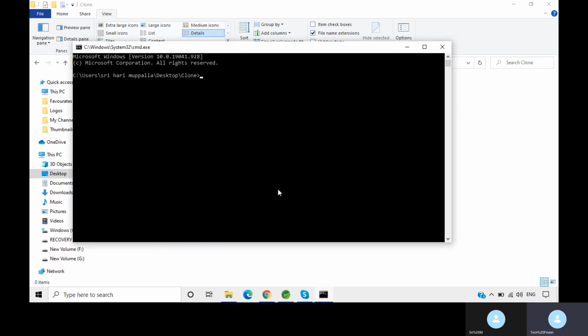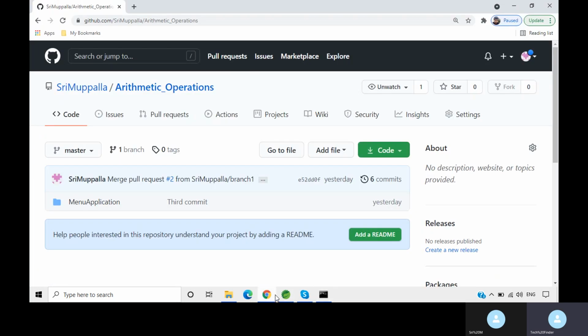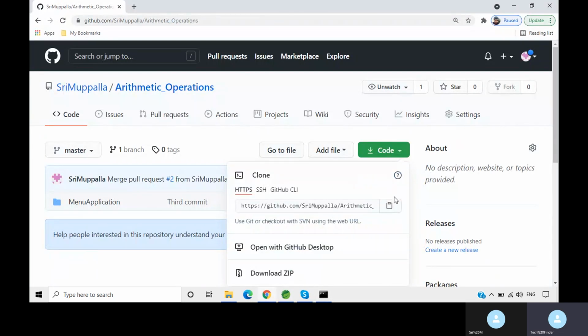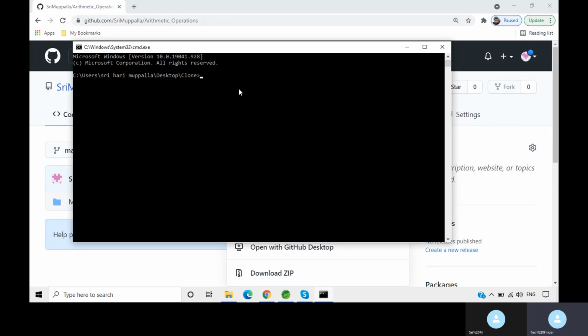Now once the command prompt is open, go to the Git repository and copy the URL of your repository. Just click on this, copy it, and the command to clone the repository is git clone and paste the URL. Just hit enter.